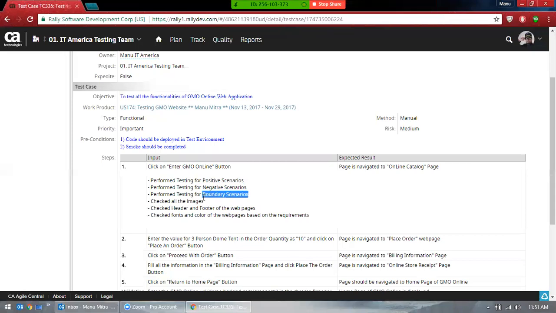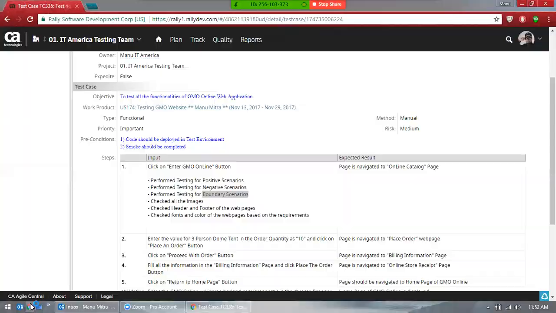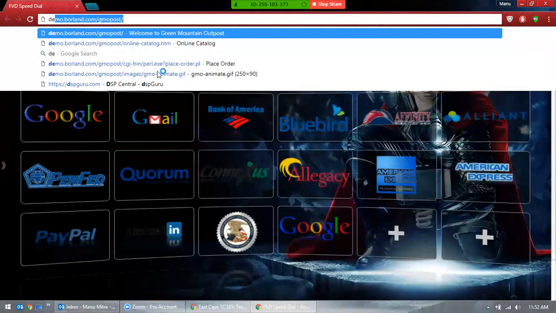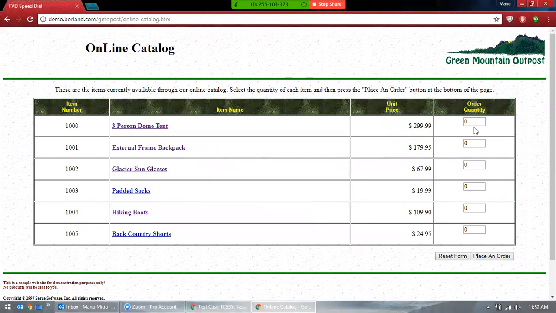So the expiry date of the credit card falls under positive scenario. The credit card number comes under positive scenario? Yes, remember, we tried one example yesterday that was expired and accepted.